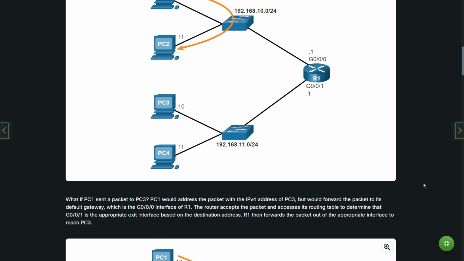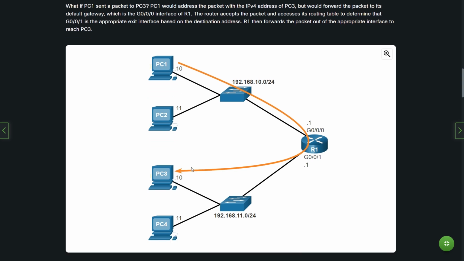The router accepts the packet and accesses its routing table to determine that G0/1 is the appropriate exit interface based on the destination address. R1 then forwards the packet out of the appropriate interface to reach PC3,